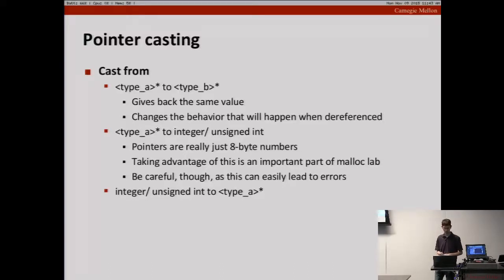And then in terms of casting between the pointer types and the integer types, pointers are just an 8-byte number. So it's similar to casting a long to other types of integer types. It has the same properties. Okay, so it's actually important to note that pointers are really just an 8-byte long integer, essentially. Because in Malloc Lab, you will be writing pointers into locations just pretty much as numbers that you're manipulating